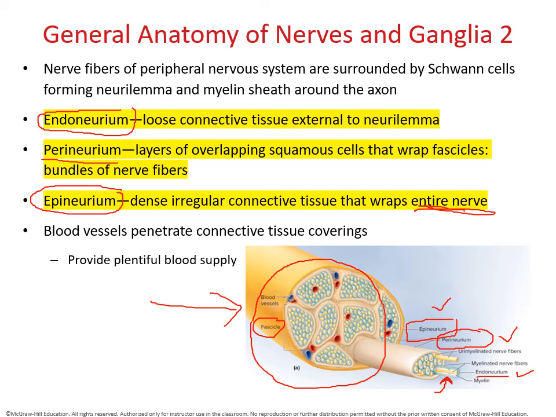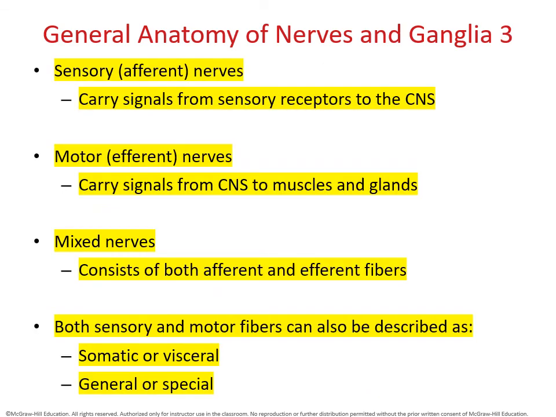Some of these nerves are sensory, some of them are going to be more for motor. So if you have the entity of both, then we're looking at what we call a mixed nerve. All right, so once again, the sensory nerves, those are the afferent. Those are going to be carrying signals from the sensory signal to the central nervous system. So remember, when we're doing that, then we're taking a look more on the posterior, the back part of the